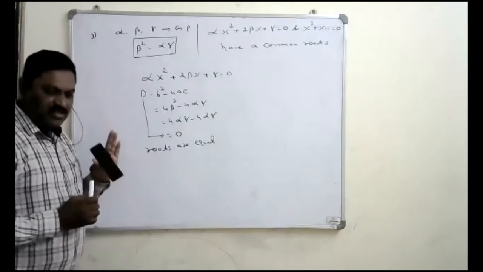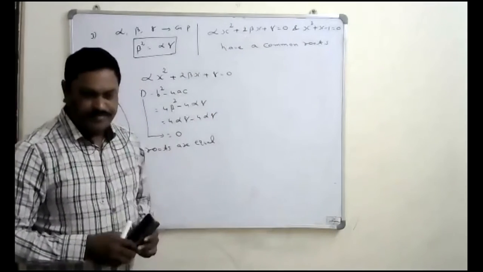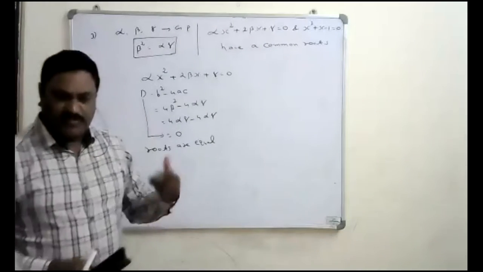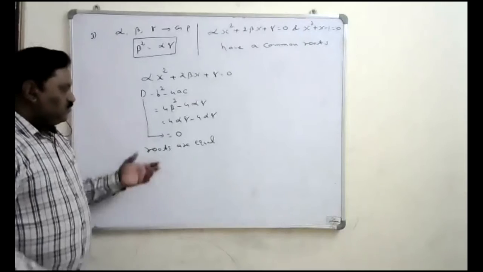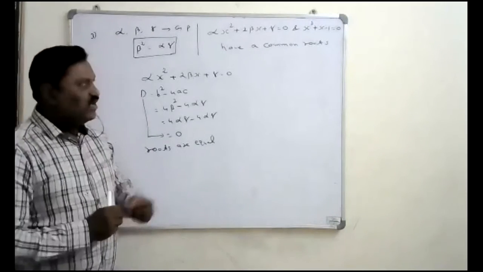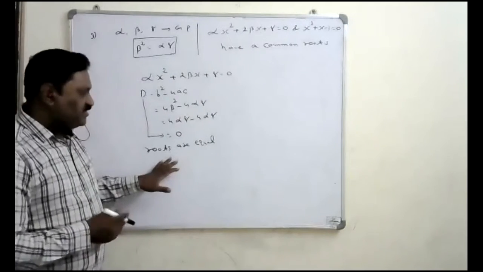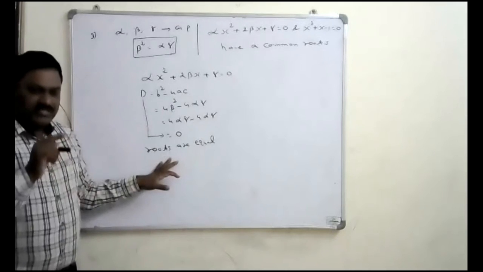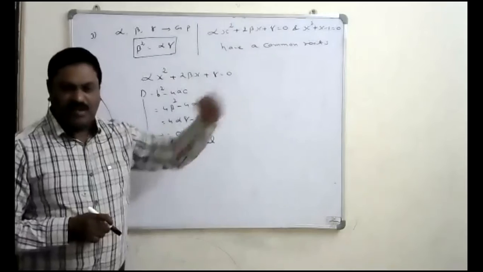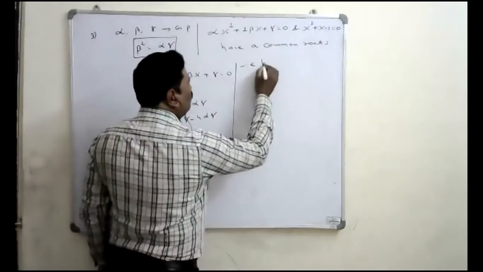For the first equation, the roots are equal, and they are saying that these two equations have a common root. Whatever the roots of the second equation will also be the same. Both the roots are common. Indirectly they have given that both the roots of these two equations are in common. Because this has equal roots, if one root is alpha, the other root is alpha. So alpha is the common root, and for the second equation also the second root will be alpha. So both the roots are common.